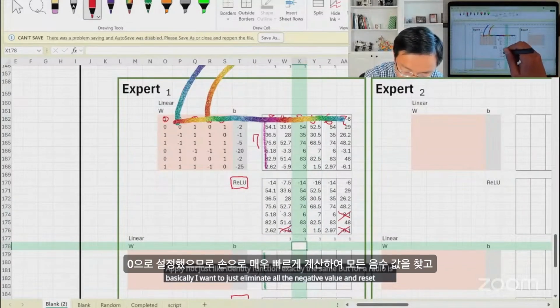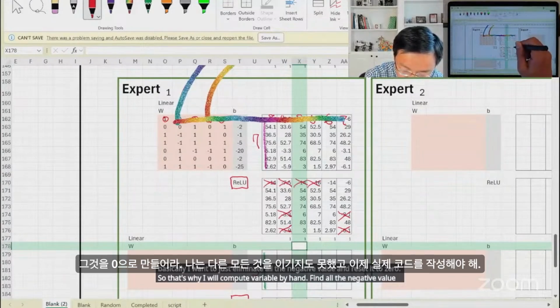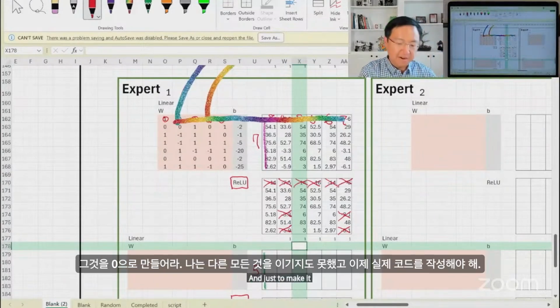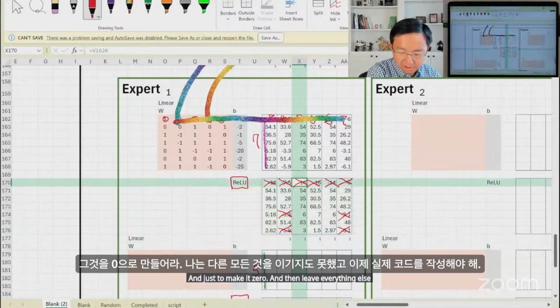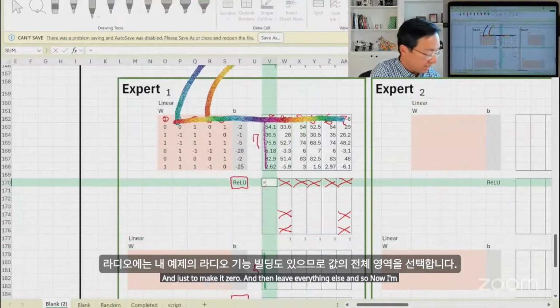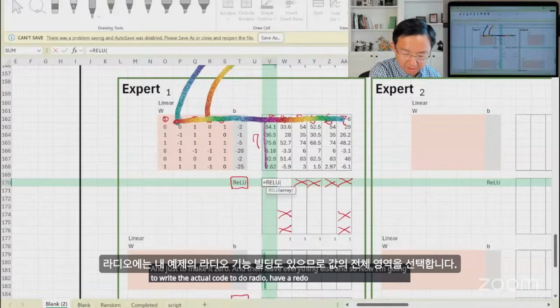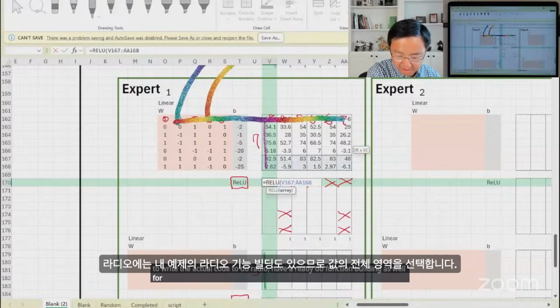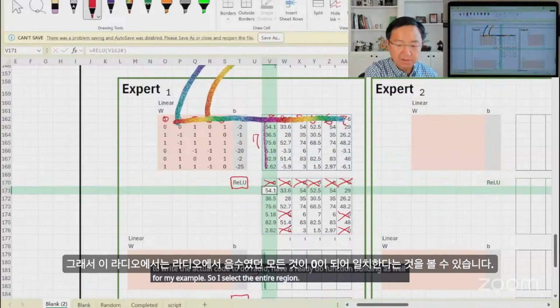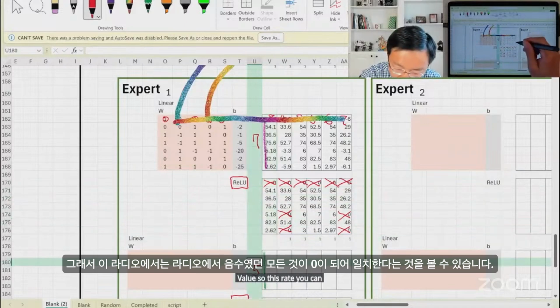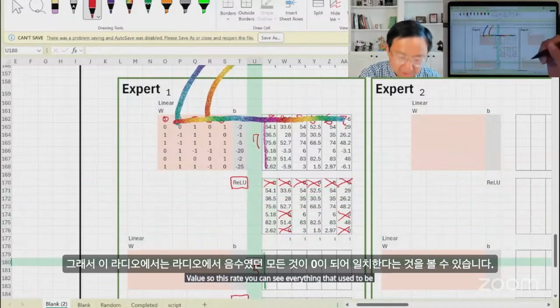So I will compute ReLU by hand, find all the negative values, make them 0 and leave everything else. And now I'm going to write the actual code to do ReLU, with a ReLU function built in as well for my example. So I select the entire region of values. With this ReLU, you can see everything that used to be negative is 0, which matches the result